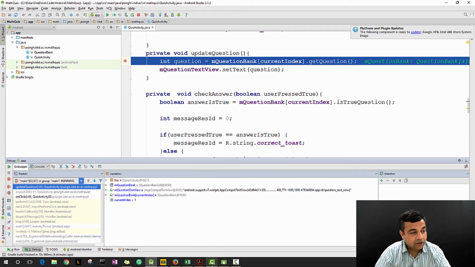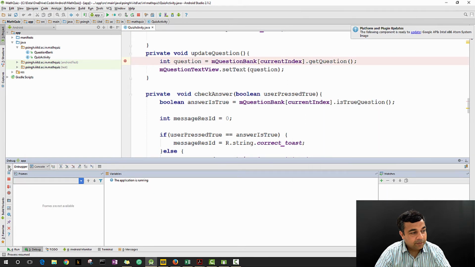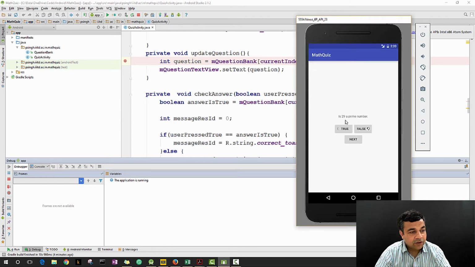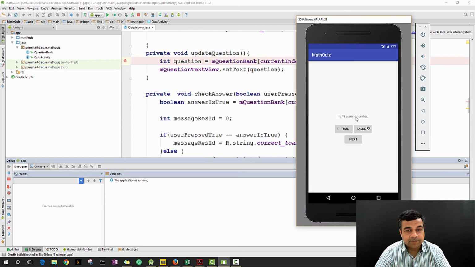In order to move forward, I will press the resume button. So this is the resume button. I press the resume button and as you can see that our question is now changed. Our program is in execution again. Then I press the next button again. Again the execution stops. I press the resume and my question changes. So this shows you correctly the power of a debugger and a breakpoint. You can set the breakpoint and you can control your execution, making it to stop at each line if you want it to. Let us now move on to the third topic,